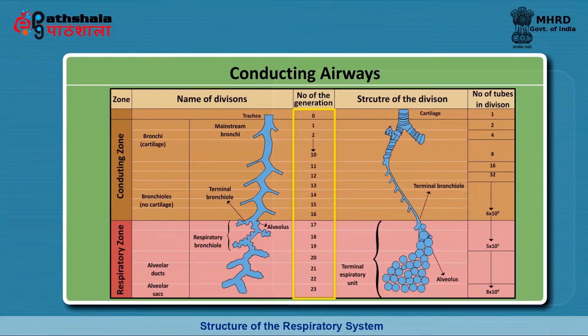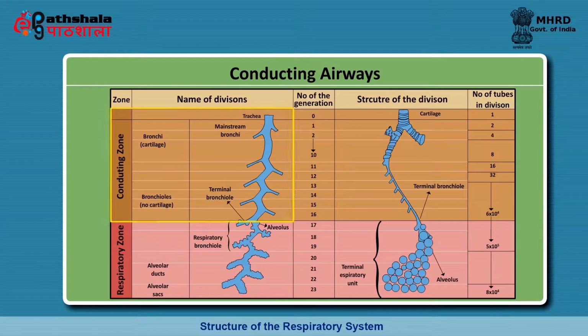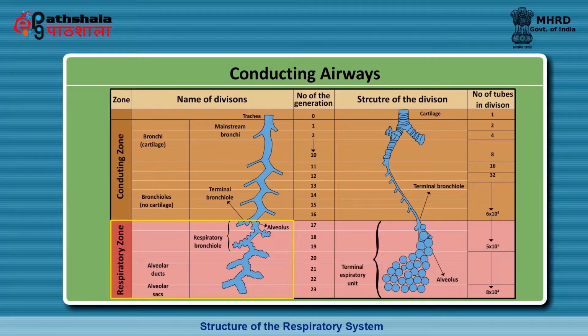The airways progressively branch 23 times, constituting 23 generations of airways. You can observe from the diagram that they form the conducting zone, or the conducting airways, and the respiratory zone. The conducting airways get their name because of the function they perform. It moves the air by convection into the gas exchange area of the lungs, and therefore it is called